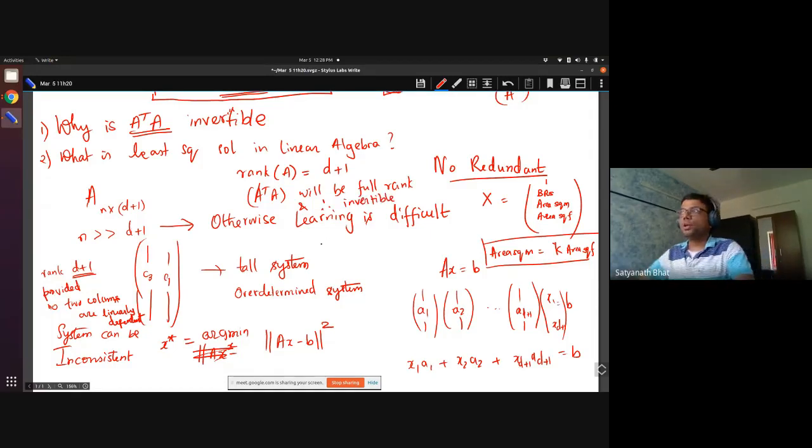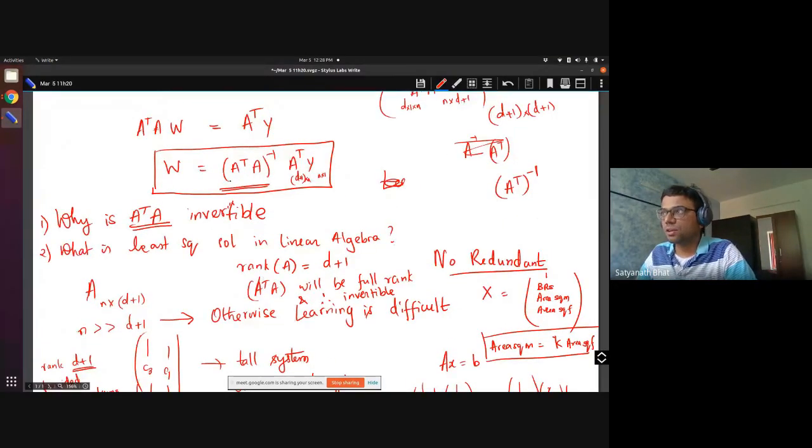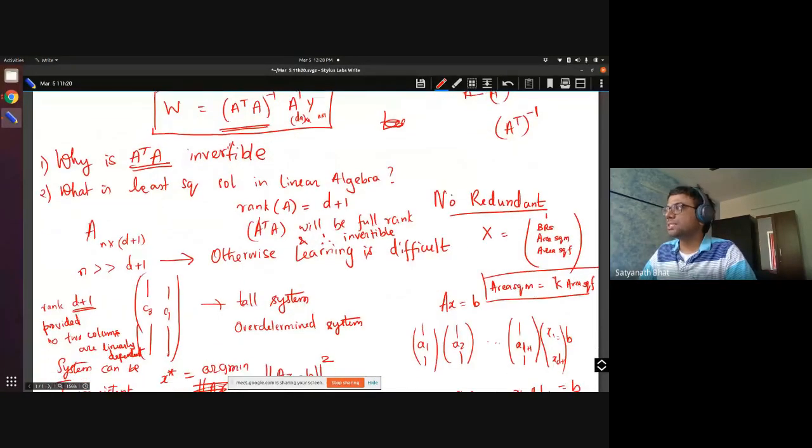So all you need to ensure to have the inverse of this is that this has to be full rank, and for this to be full rank, all you need to ensure is that there are no redundant features. By redundant features, what we mean is you cannot represent one feature as some linear combination of other features. If there is a feature which is x1 into x2, that is fine. That is not linear. But if there is a feature where x3 is equal to x1 plus x2, that is linear. Does that make sense?